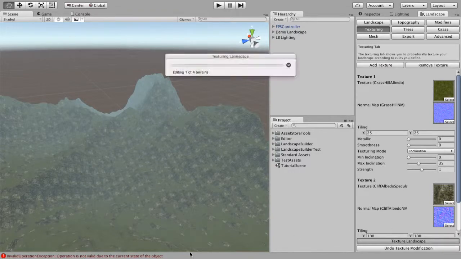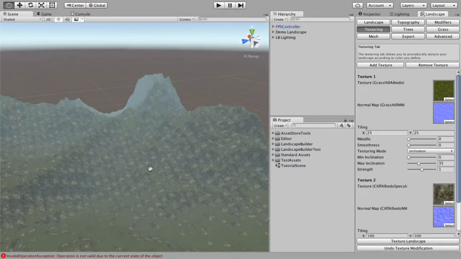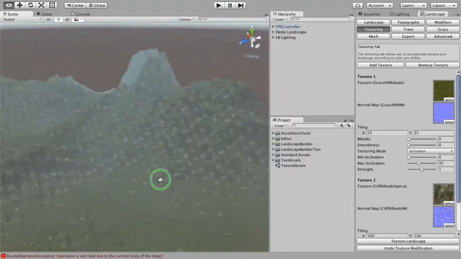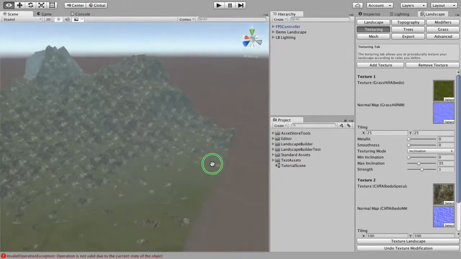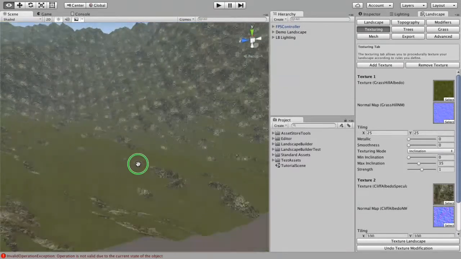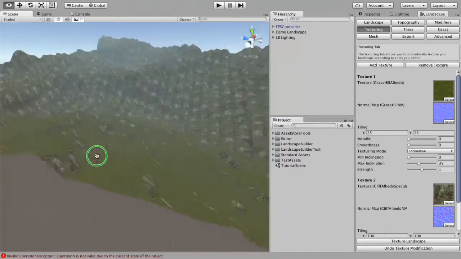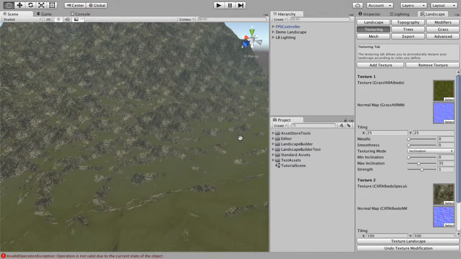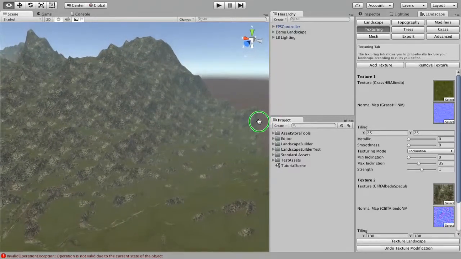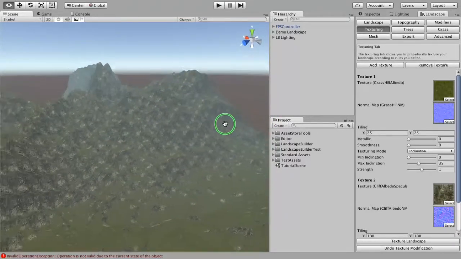And texture it, and already we're noticing that a lot of these mountain areas have become a lot steeper. We've got some very tall mountains here, but on the other hand we've got some much flatter areas like this little canyon area here. So, after this